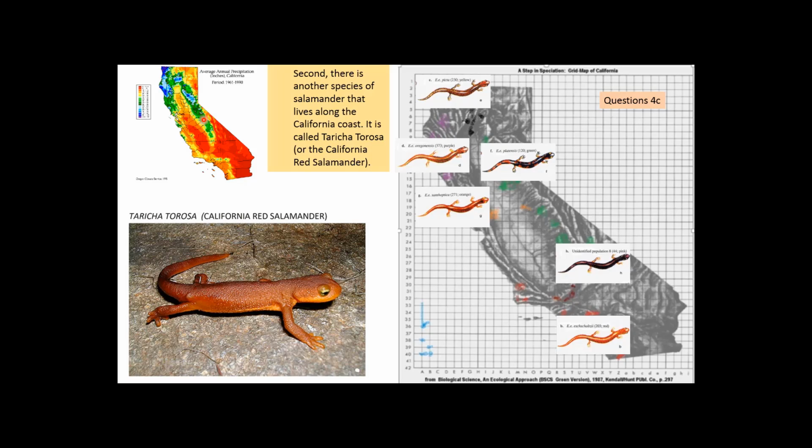There's another species of salamander that lives along the California coast. It is called Taricha torosa, or the California newt. And it turns out that this species of salamander is highly poisonous. Animals that eat salamanders have learned to avoid it. They'll get sick when they eat this salamander. Now, this is not the same thing as this. This is a totally different salamander. All right, so the question is,